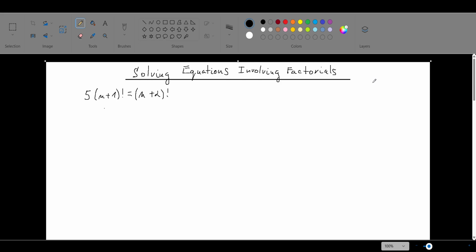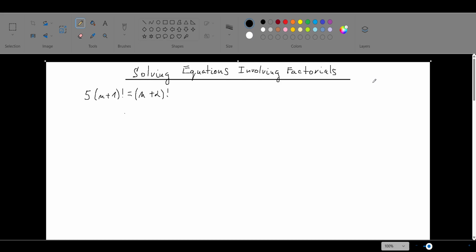Okay, now if you have a look at this equation, there are two ways to solve it. I will show you both ways and explain the advantages or some tricky points during the solving of this